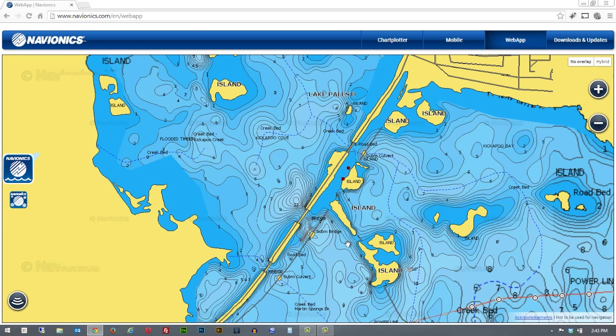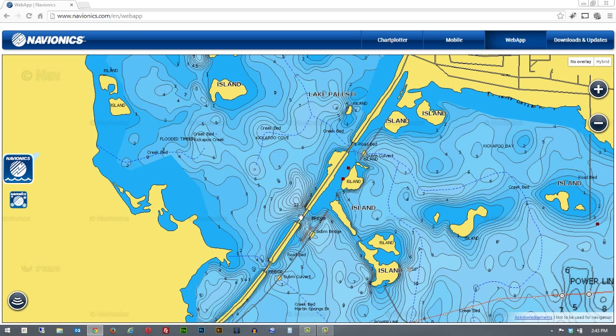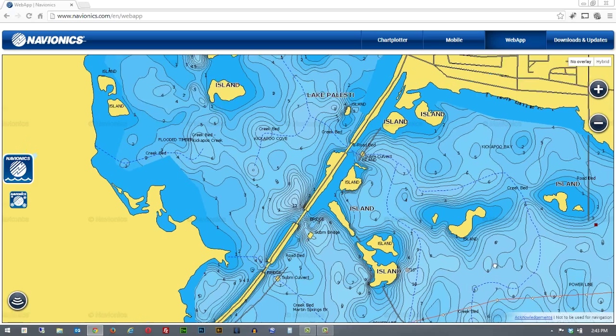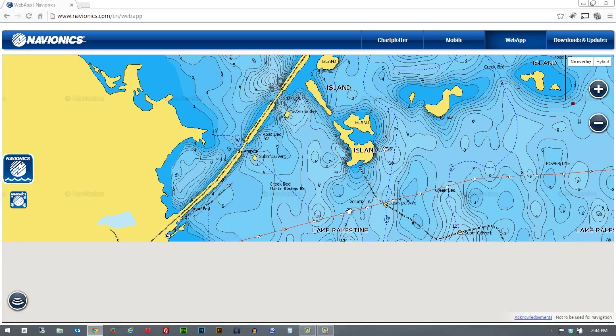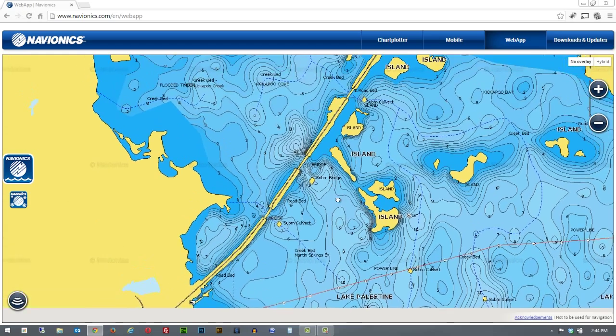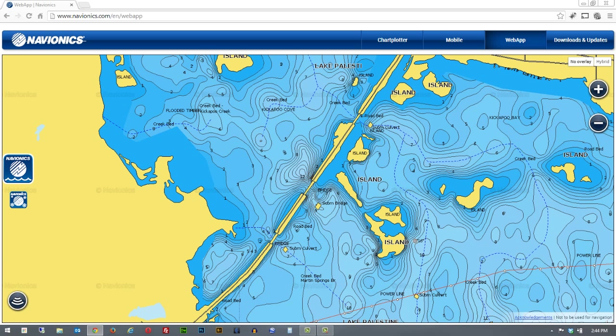Whenever bass are going back to spawn, this is a prime location. You've got somewhat deeper water close by, with shallow water right here, up by the islands. Plenty of places for them to get away from the wind, get away from just about everything they need to